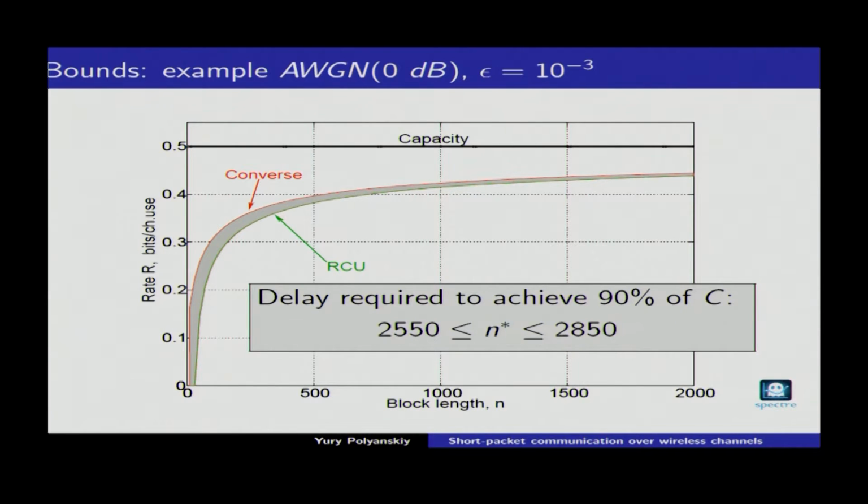So if you want to talk about achieving capacity, say, to within even 10%, you're already talking about this block length of 3,000, right? So, for example, returning to Ananta's example of this nanoamp radio, Ananta would probably be very unhappy if I asked him to use this nanoamp radio and produce the code, and ask him to decode codes of block length 3000, right?